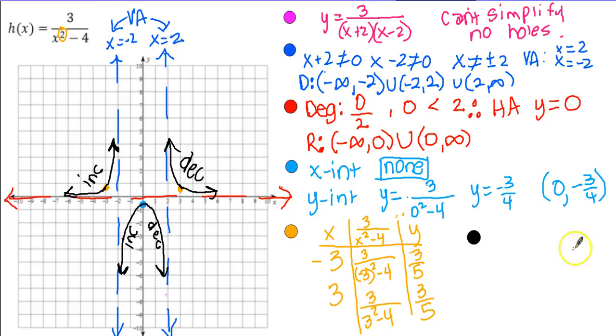And I don't think I'm going to have enough room down here to write that, but you can do this. So I'll write it really small. So intervals of increase starting left to right. Remember, you read these left to right. From negative infinity approaching negative 2. Hopping over that. And then it's still increasing, right? All the way to where? Negative infinity to 0. And then the graph stops increasing. It starts